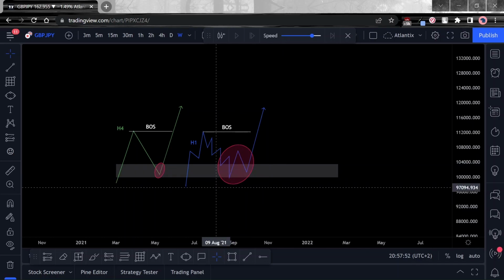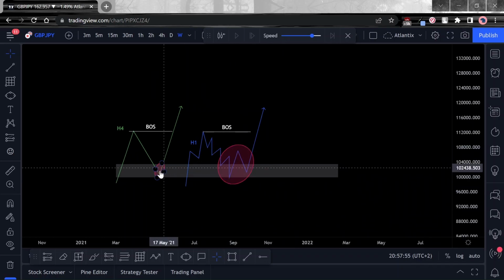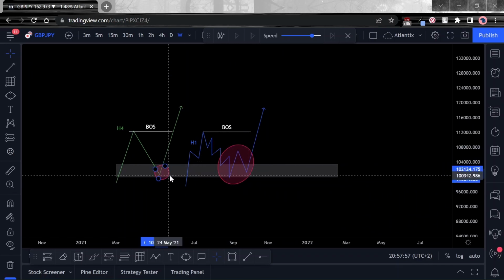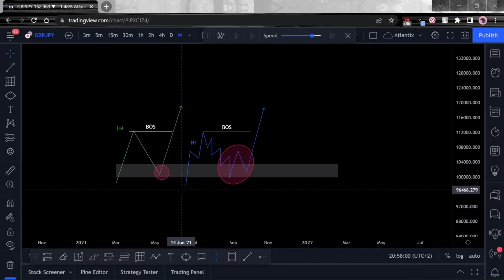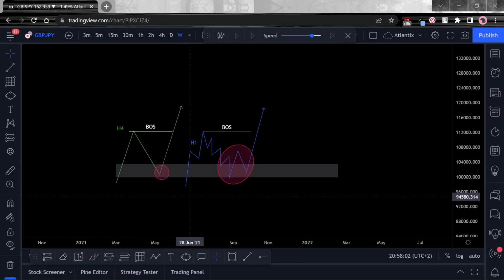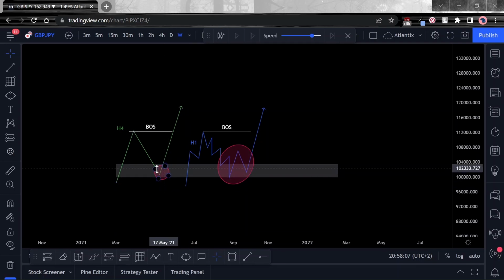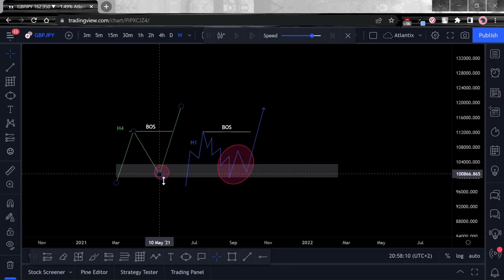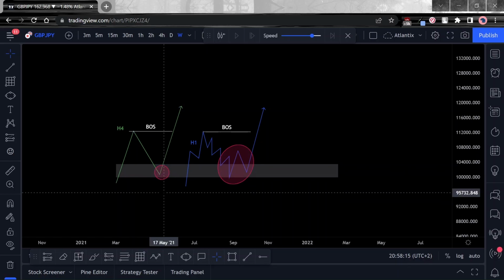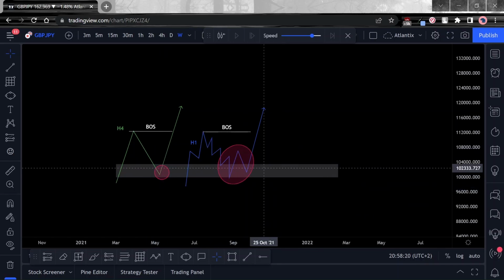Why is it important for us to see this? Because before we can start to think that the H4 time frame is bullish, something has to confirm to us, give us early warning signs that the trend is changing. All right. So we can't just work on a buy at this point over here, because price may well continue lower and stop us out. So we need price to confirm that it's now changing character.